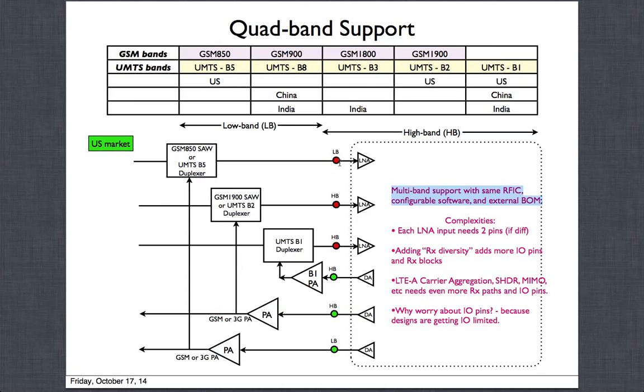And this is a very simple example. This is not how it is. It's much more complex than that, and there are many combinations possible of what the different flavors are worldwide, which bands we want to support, which bands we don't want to support, which bands are common, and things like that. But hopefully this gives you an idea of how you tackle this problem. The way you solve it is to try to minimize the number of external components that you have to change while keeping the RFIC transceiver and the baseband processor the same.